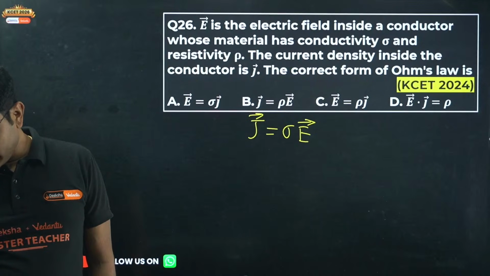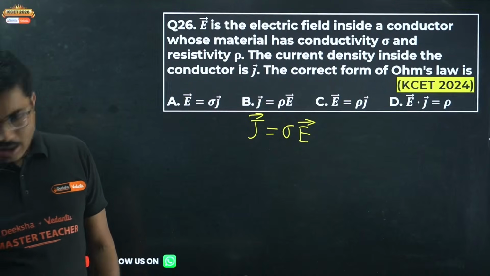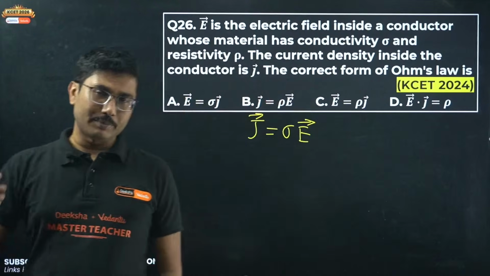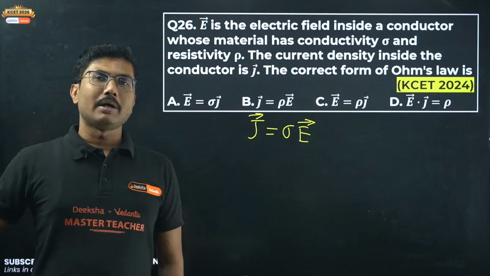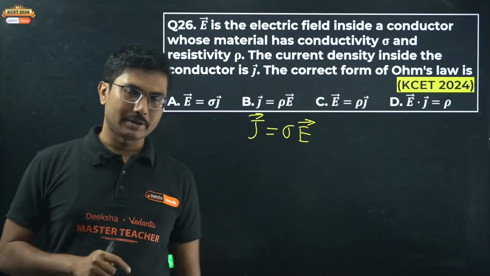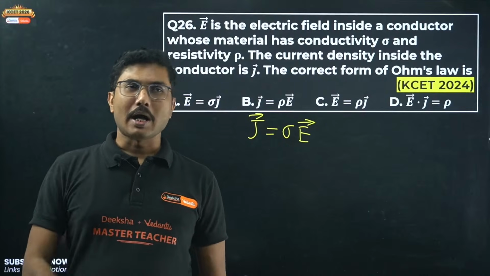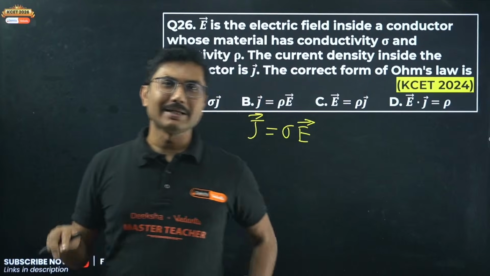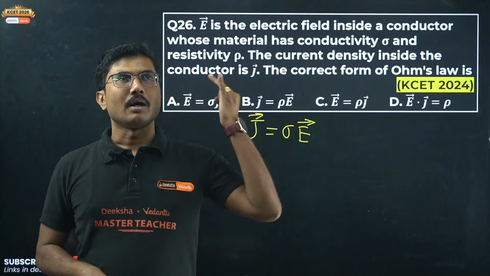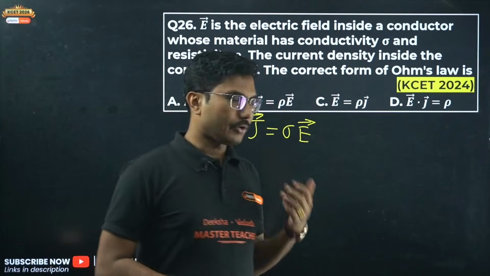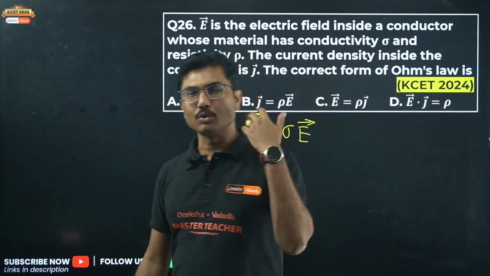Sir, high weightage chapters of physics for KCET exam for both PU1 and PU2. Kaveri, PU1 chapters, any chapter of PU1 is low weightage compared to your PU2 chapters except electromagnetic wave chapter. Electromagnetic wave chapter only one question comes, and maximum number of questions that you can expect from PU1 is only 2 questions. That is motion in a straight line, motion in a plane, laws of motion, and I think gravitation, and system of particles. These 5 or 6 chapters from where you are getting 2 questions each.